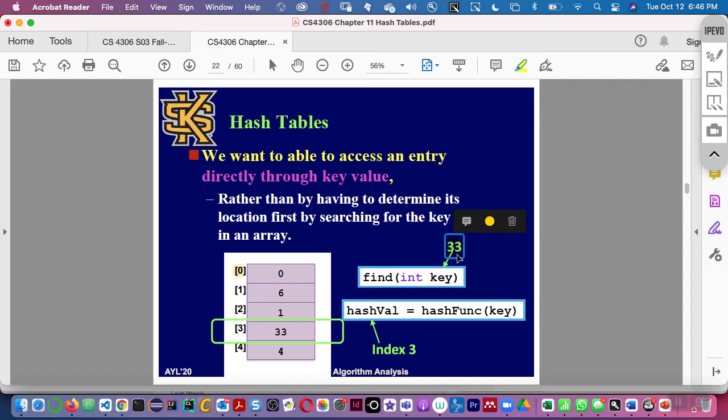When we divide 33 by 10, the remainder will be 3, right? So we can consider 3 as the index of my hash table, and at the position with index 3 I will put the value 33. So the value itself is telling where it will be located, right? And then similarly, if I have another value, 45, and I use the same hash function, then that will take index